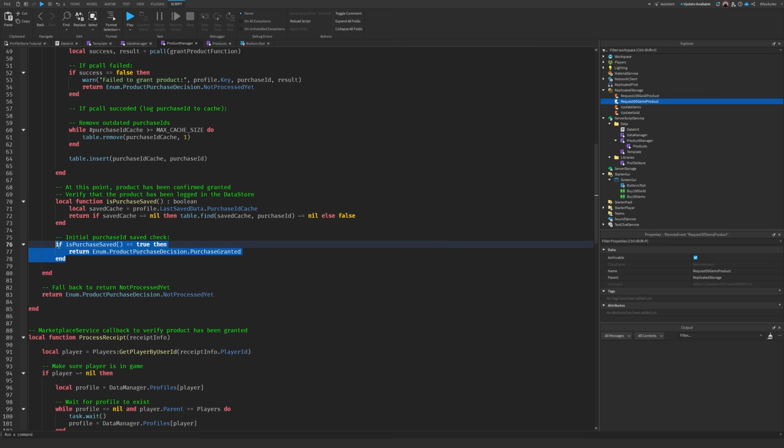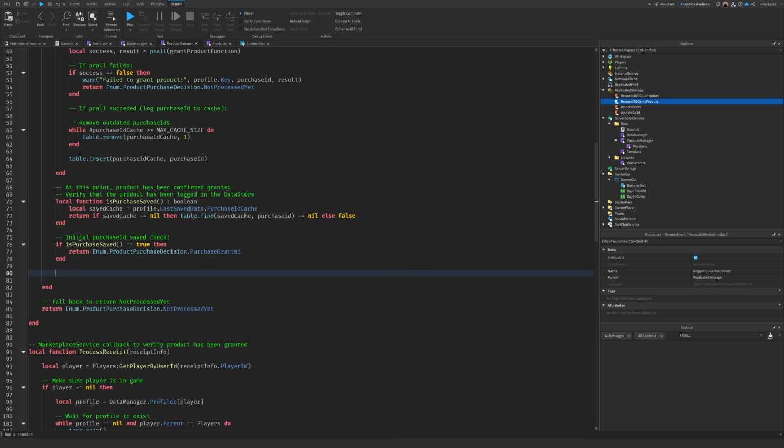And this case will normally be true if you've already gone through all of this, granted the product, and saved it to the data store, but for some reason MarketplaceService is calling the ProcessReceipt callback multiple times. So this is handling that edge case. However, if isPurchaseSaved equals false because it has not yet been saved to the data store, then what